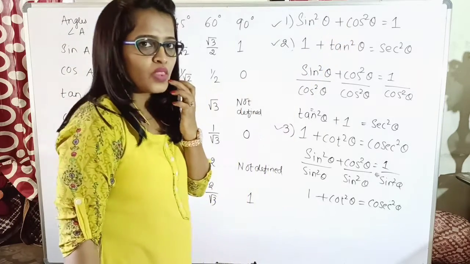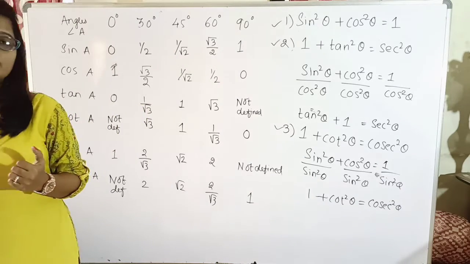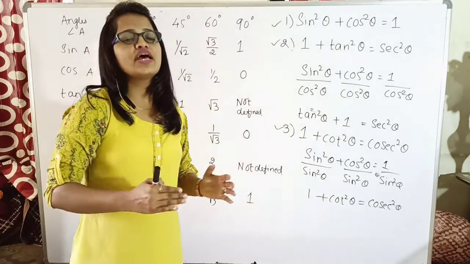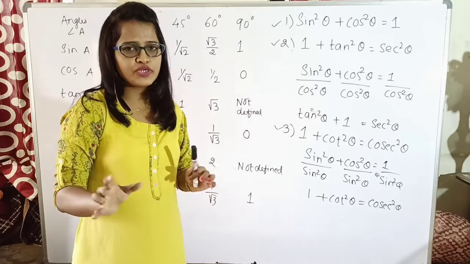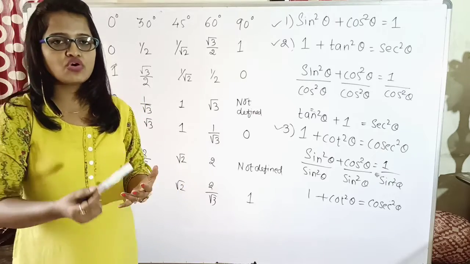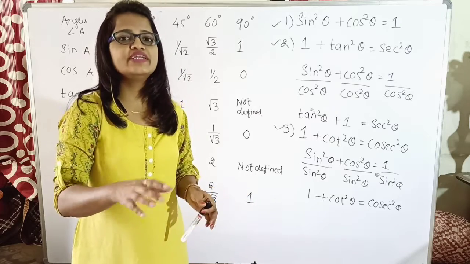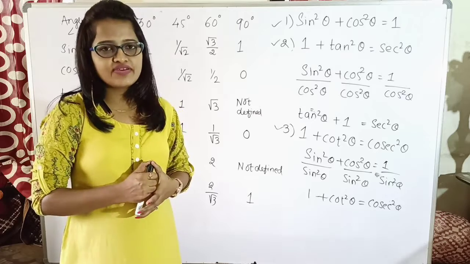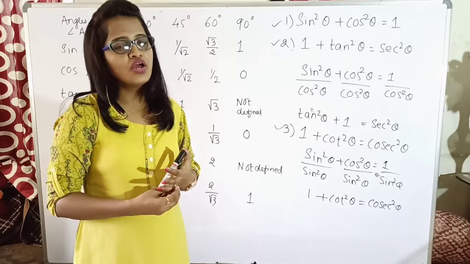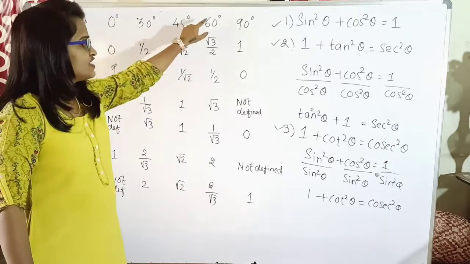Okay, so what we have learned in this trigonometry topic, first of all, we have seen why we are going to find the ratios only with respect to triangle, because a triangle has a property in which if the angles are equal, you will get a similar triangle irrespective of the length of the sides. Further, we found the 6 ratios sine, cos, tan, cot, sec, cosec with respect to a right angle triangle. Why? Because any triangle could be divided into two right angle triangles. So once you find the value for the right angle triangle, you can apply it for any type of triangle. Further, we have derived the values with respect to 0 degree, 30, 45, 60 and 90.